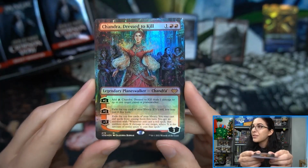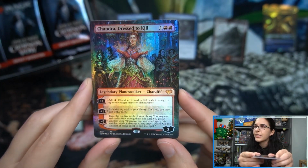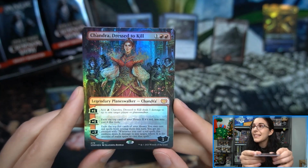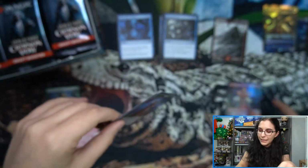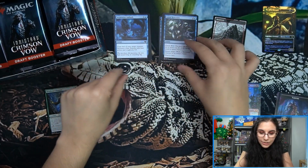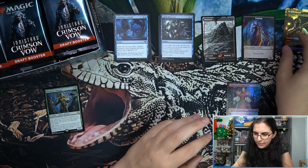All right, so I've seen a non-foil. Actually, I think Bossman cracked some leftover pre-release kits, which we do have a good amount of on the site, and did find a non-foil one of these. So I've only seen this art, and she has a beautiful dress. But I'm curious what the regular art looks like, because we didn't see any in the collector boosters, we didn't see any in the set boosters so far. Maybe we'll see one in a bundle later, but